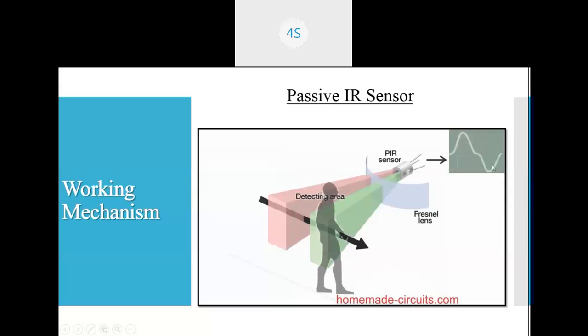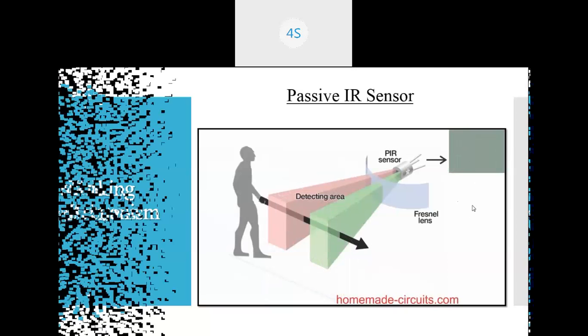The working mechanism of a passive IR sensor. Here you can see the red and the green. These are the two power electric elements, where red indicates the positive and green indicates the negative. When the person travels from the red one, the output is shown to be higher or positive. But when it enters the green one, it goes negative. And when it leaves, it becomes normal. If the person goes from the green one to the red one, the opposite happens. It will first go negative, then positive or high, low to high.